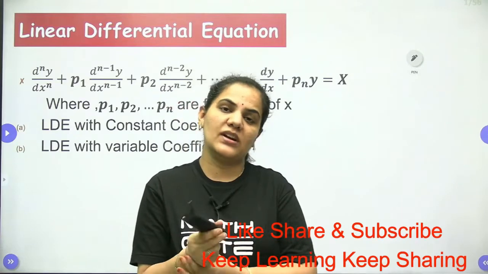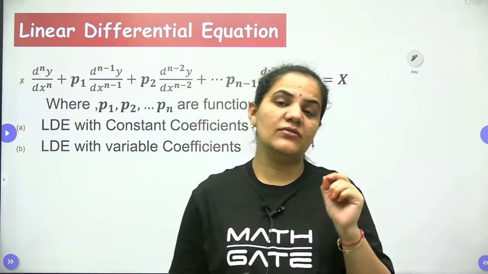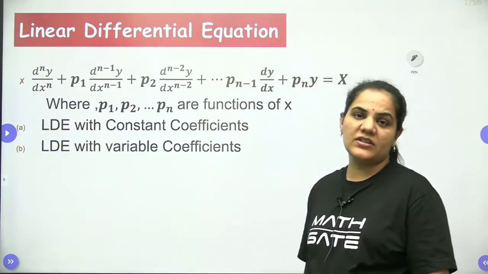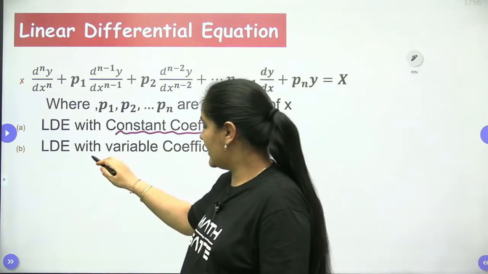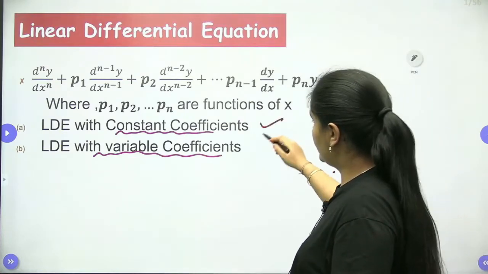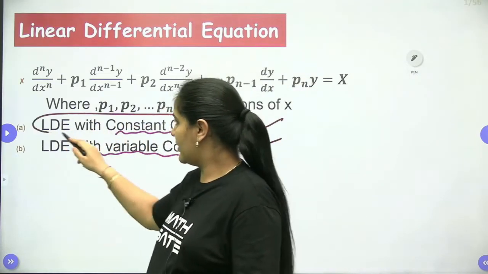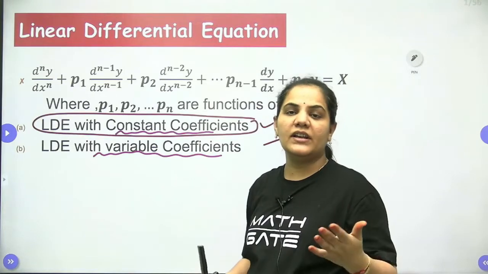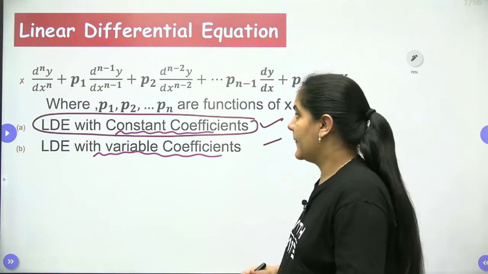In this lecture we are going to start the next topic of differential equations, which is differential equation with constant coefficient. I will show you there are two types of differential equation. First is differential equation with constant coefficient and the second is differential equation with variable coefficient, right? So there are two types of differential equations, dear students. We will first cover the differential equation with constant coefficient. After that I will tell you how to approach the differential equation with variable coefficient also, right?